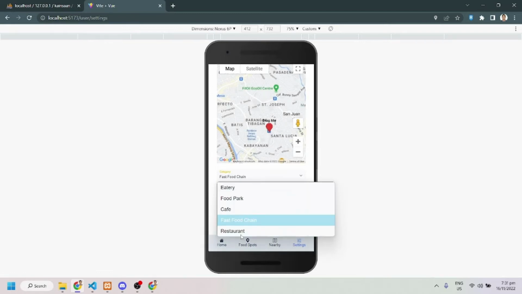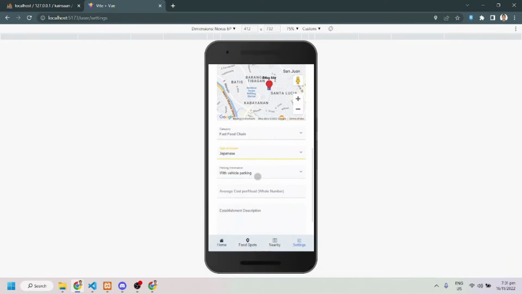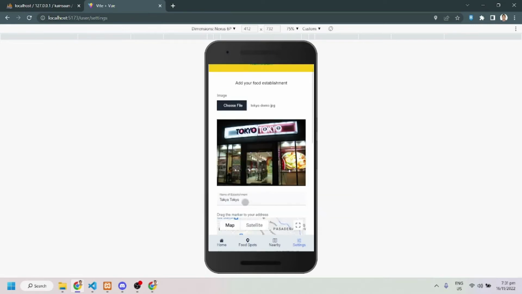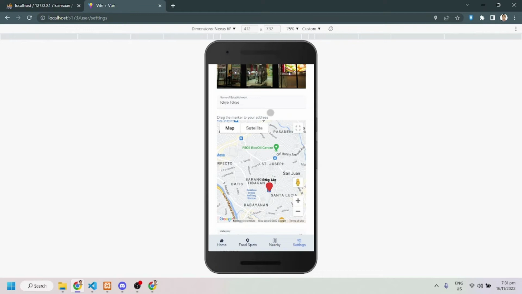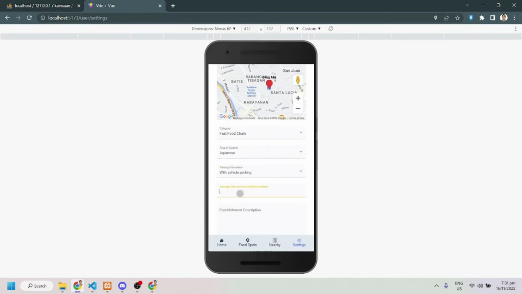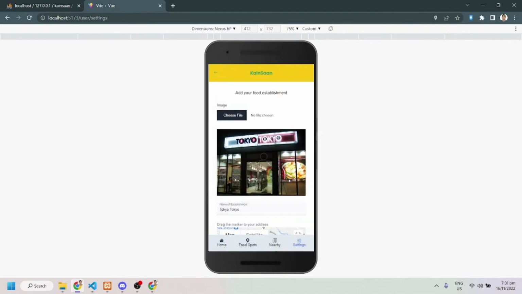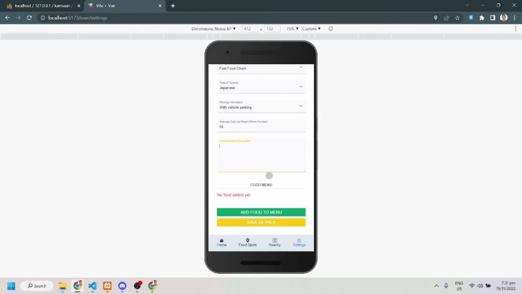So let's choose our category. Our categories included are eatery, food park, cafe, fast food chain, restaurant. So this is a fast food chain, I think. Type of cuisine is Japanese. So this is parking information, with vehicle parking or without. Let's say since it looks like inside of a mall, so let's say with parking. Now average cost, let's say 50. Description. Oh, sorry. Description is